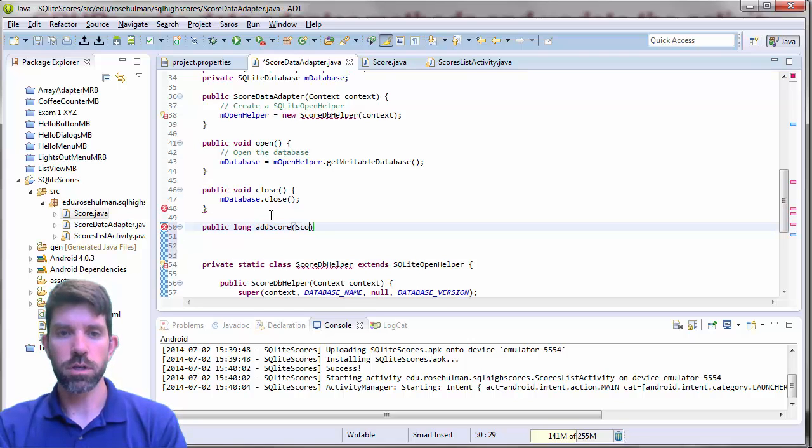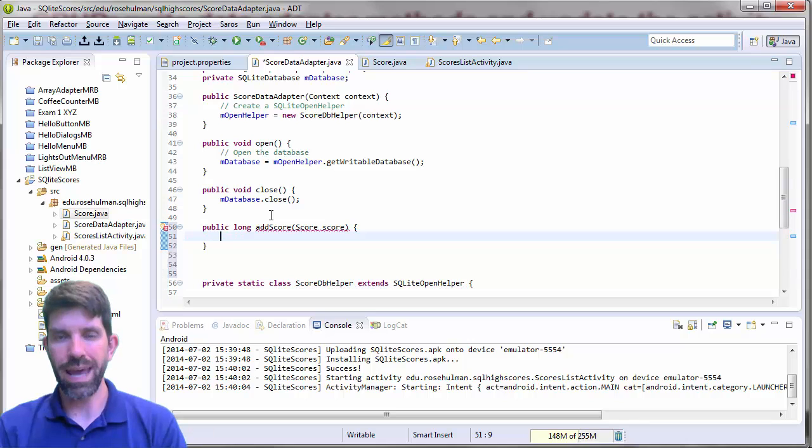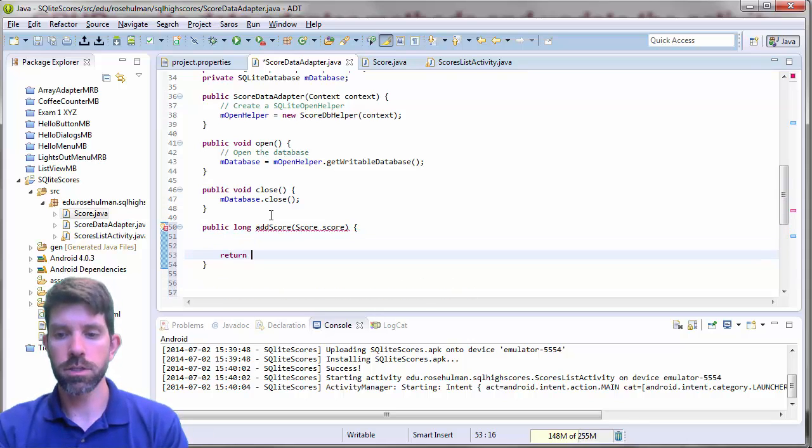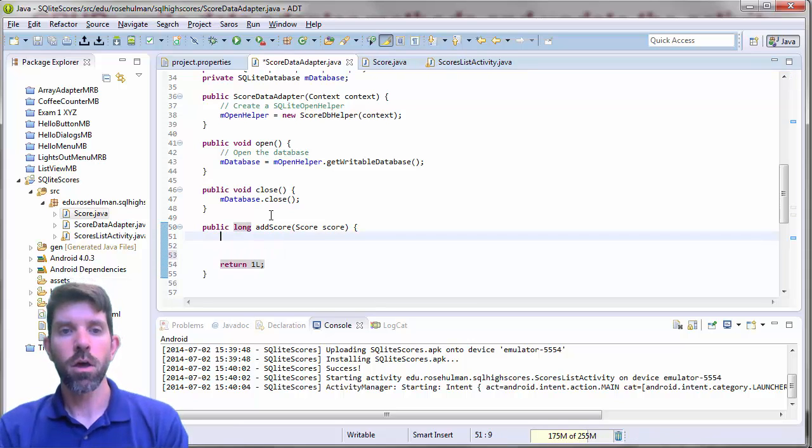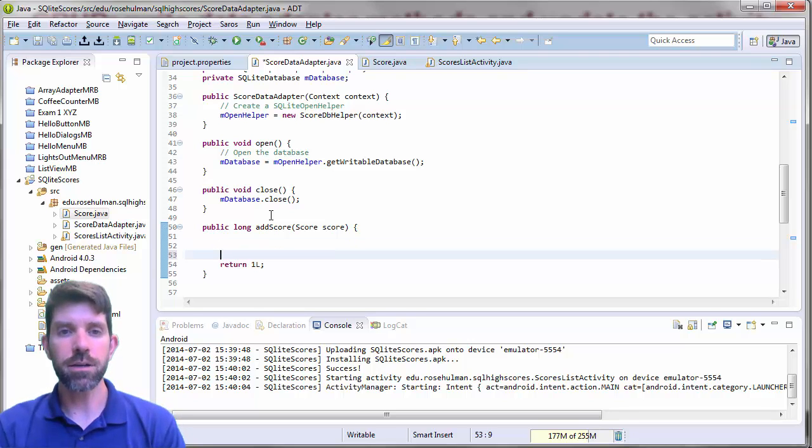So add a score. Let's just say that we're passed in some sort of score that we want to add to the database, right? How would we go ahead and do that? Let's start off here by just returning some value so it stops complaining. All right. So to add a score,